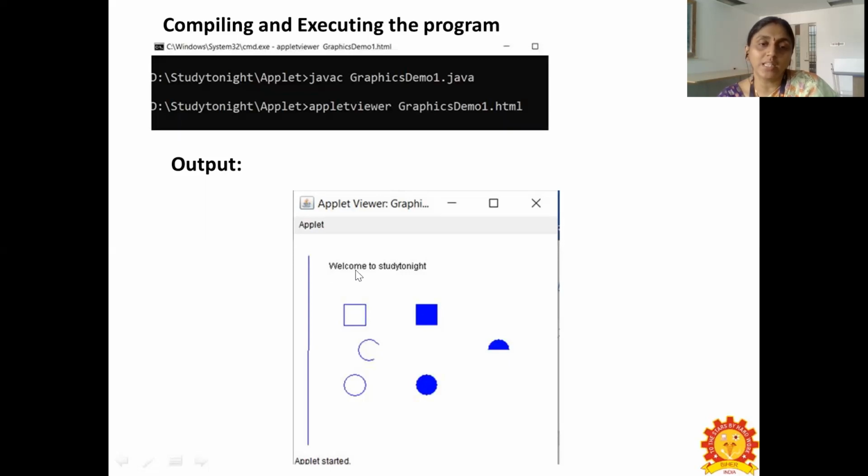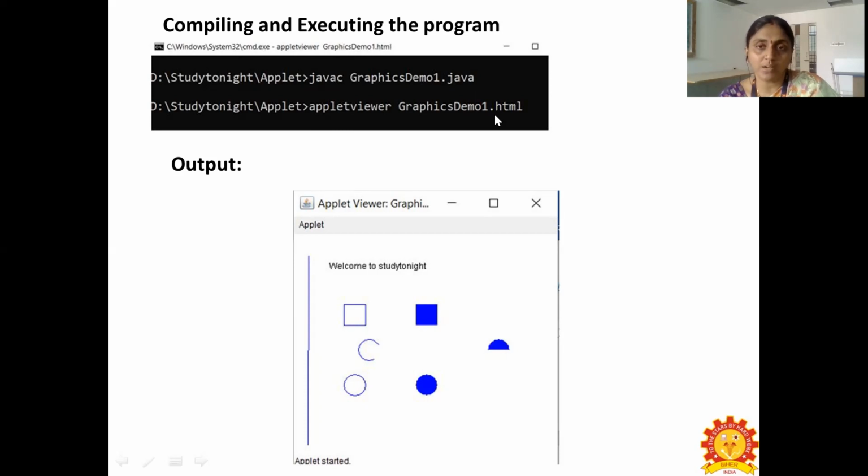Here you can see the text displayed on the screen, and you can see the shape of a rectangle, that is a square shape. But if you give a rectangle's width and height, accordingly it will be drawn. You can see the oval shape, the line, the circle, everything on the screen. And before running it in the web browser, you have to compile the applet class. How to compile it? javac filename.java. And appletviewer filename.java.